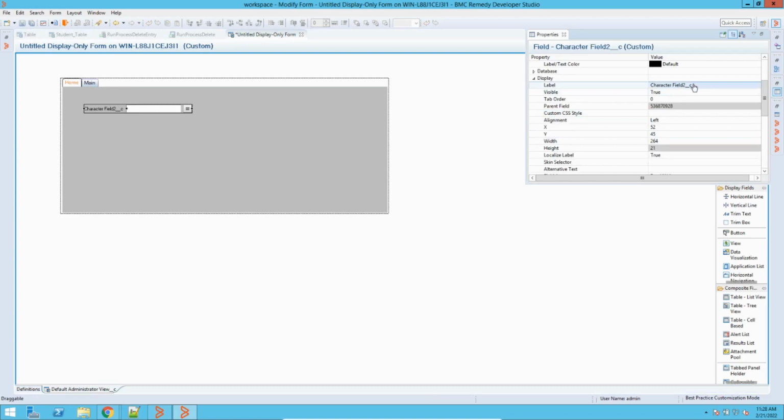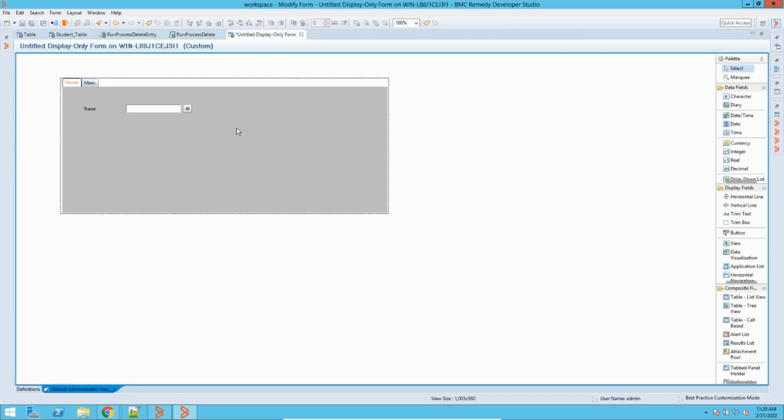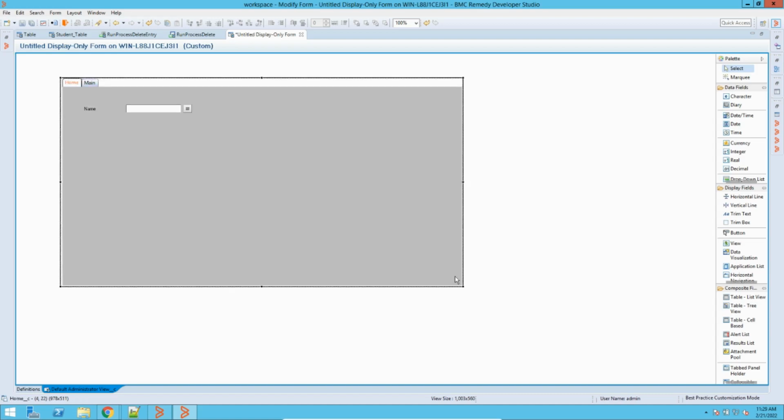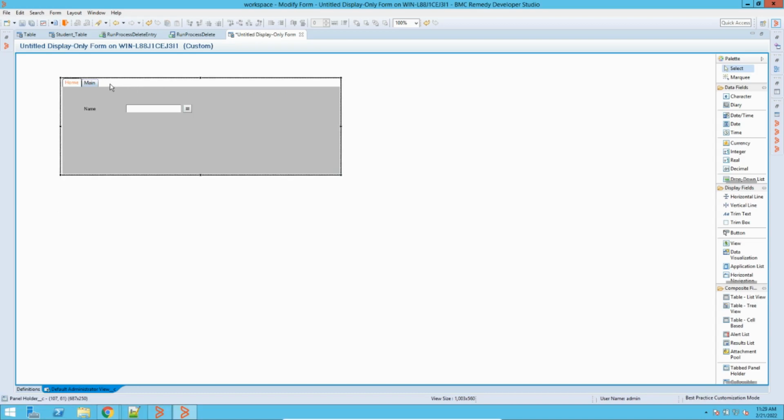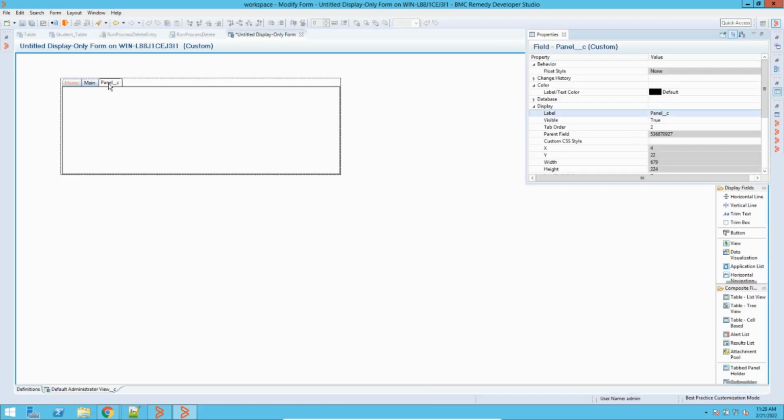Here you can rename your field to whatever your application requires. You can give it a name, or you can change it, and you can design it. Again, you can resize it to your own need. So let me keep it here. Now, if I want to add more tabs here, I can right click, add new panel. So it will add a new panel. Here again, I will give a name.